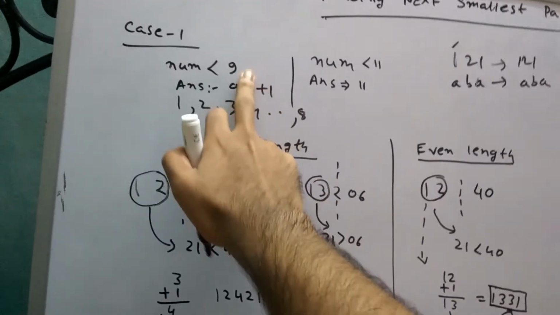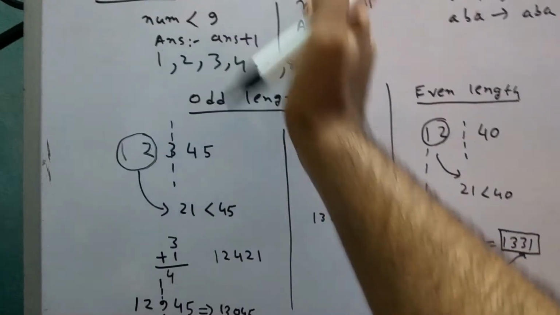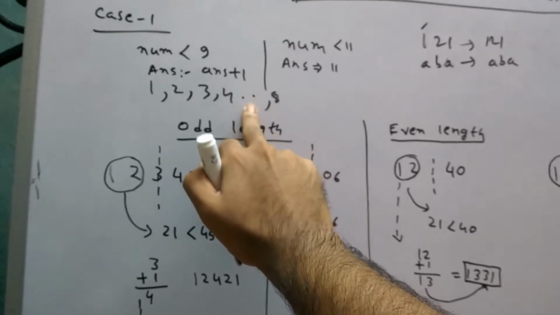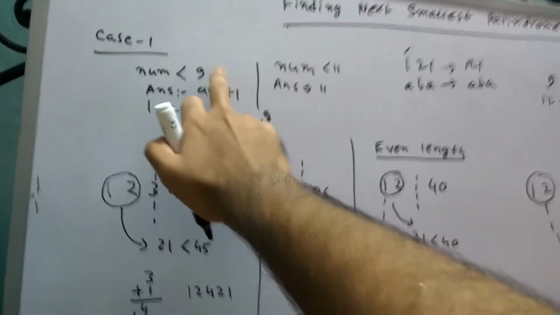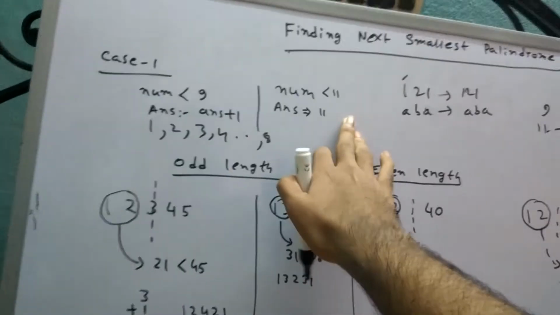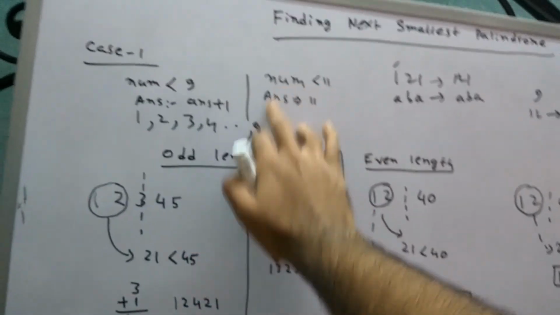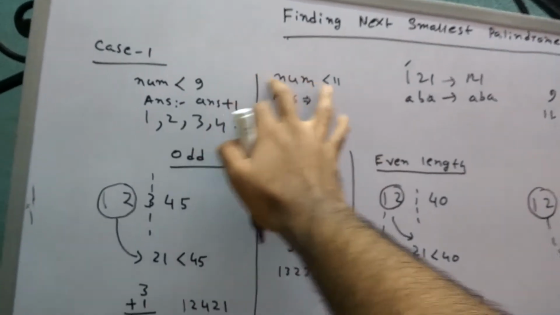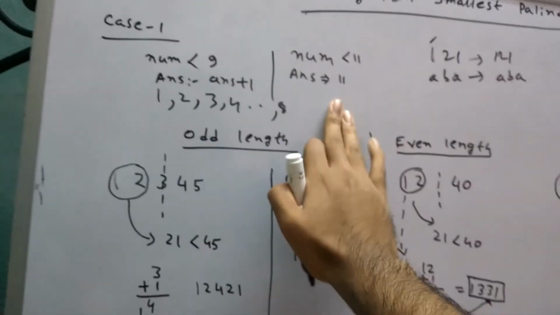That's why if the number is less than 9, the next immediate palindrome would be the input plus 1. Like if 3 is given, the next palindrome is 4. If 4 is given, the next palindrome is 5. But if 9 is given, 10 is not a palindrome, so the answer would be 11. That case is handled here. If the number is greater than 9 and less than 11, then the next palindrome is 11. So we also have to check this case. Now after handling these two cases,